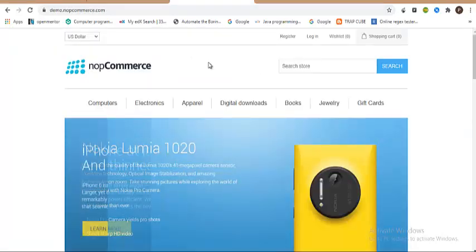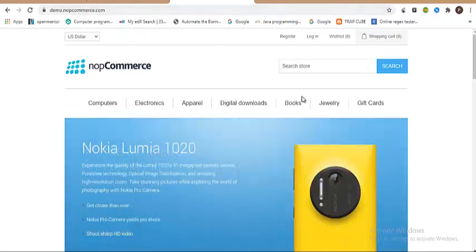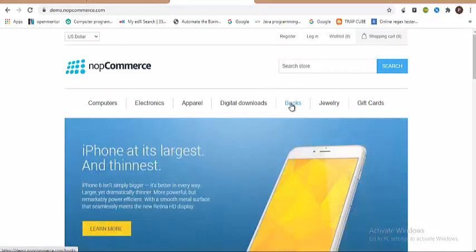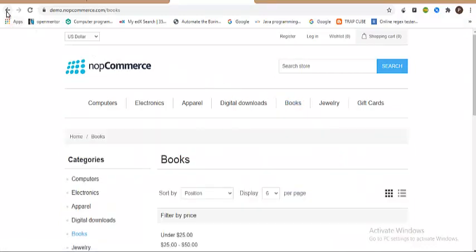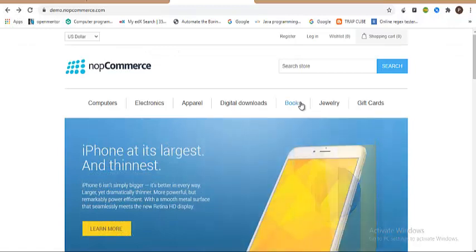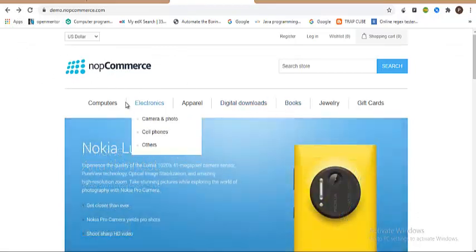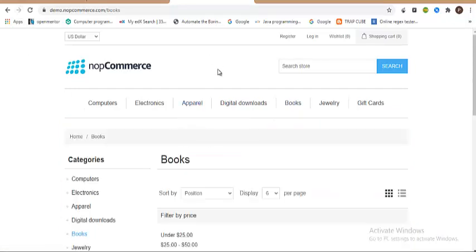So let me just replicate the action. I'm just gonna take demo.nopcommerce.com, one of the websites that I'll be using for this demonstration. After landing on the home page, I would click on this books page, and then I would use this left arrow button to go back to the home page. And since we already visited the books page, now I can very well go to that page without having to click on this link. I can just click on the right arrow, so it takes me there,